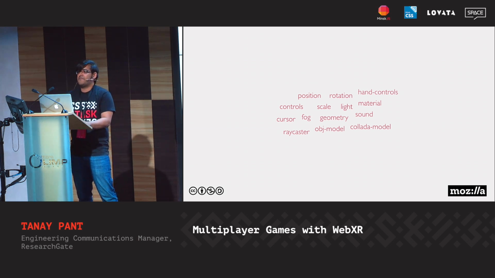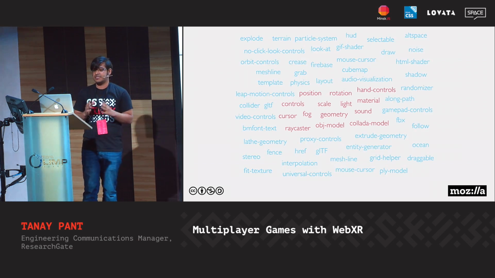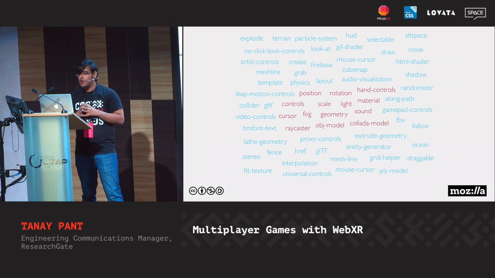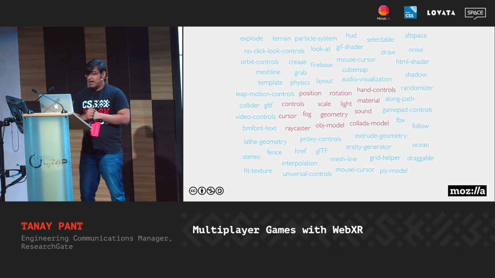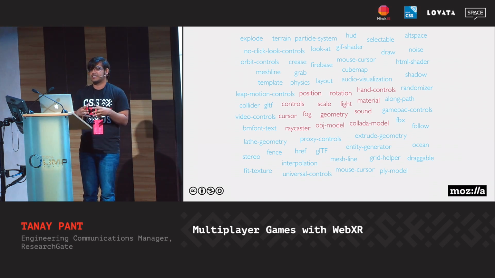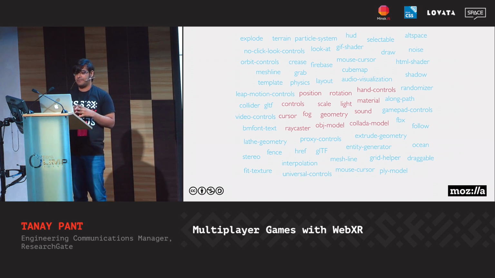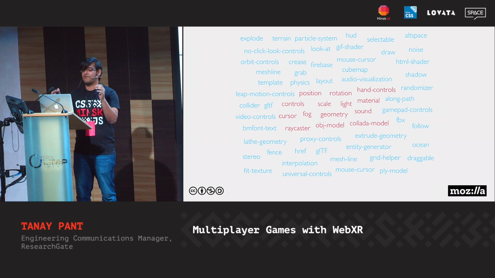And since A-Frame is fully extensible at its core, the community has filled the ecosystem with tons of components. Components can do whatever they want. They have superpowers. Basically, they have access to three.js and web APIs. And this component ecosystem is the lifeblood of A-Frame. You can simply drop these components as script tags and use them straight from HTML.